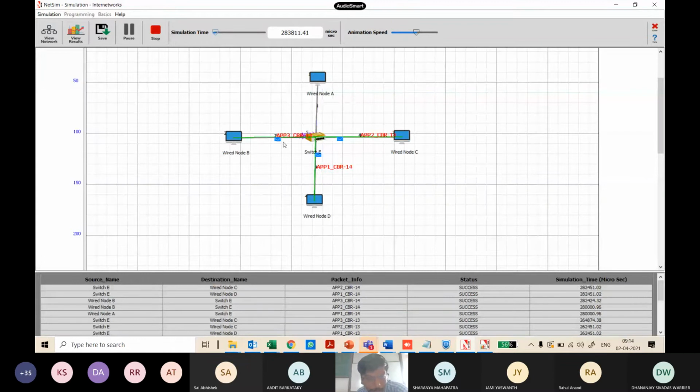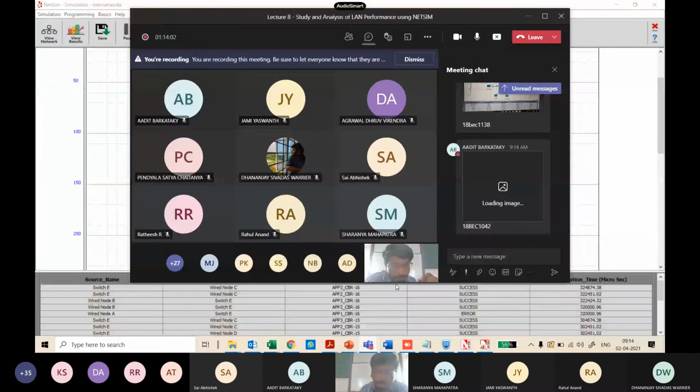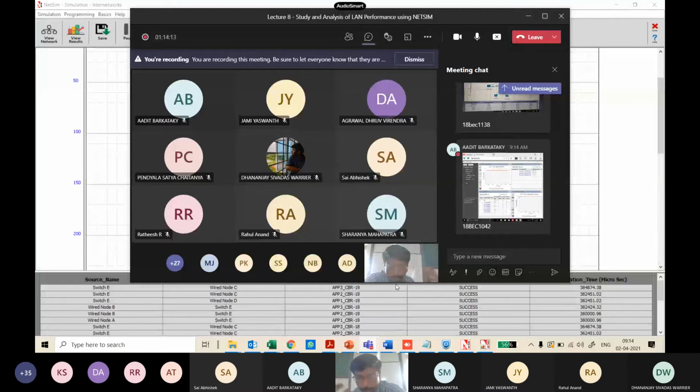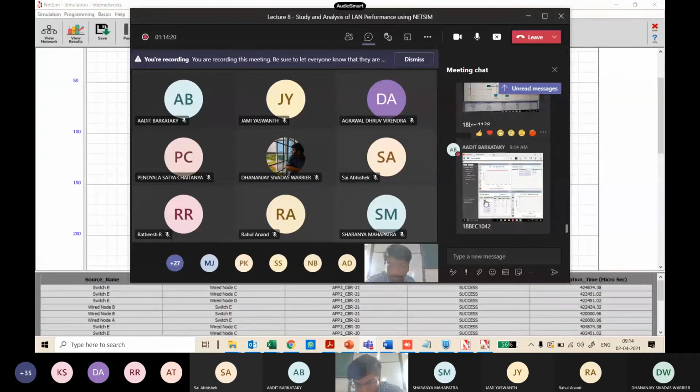But if you see the LED over the link blinking red, then that packet has got errored over the link. If your bit error rate of the link is high, there is a high probability that it's a noisy link and the bits can get corrupted, so that packet would be received with errors. These are certain ways to analyze from the animation point of view. Great, you're getting that, but there is a lot that happens in the metrics.